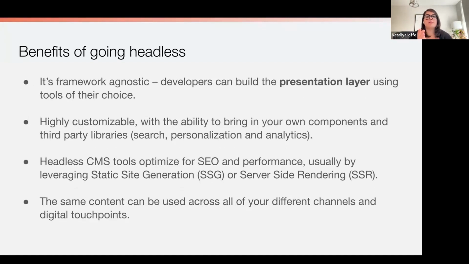You can bring in your own components. You're not tied to what a certain platform, like WordPress or whatnot, requires of you. And you can bring in a bunch of third-party libraries for a lot of various features. The headless CMS tools are super optimized for SEO and performance. And like the app we're building today, you can leverage static site generation, which just makes the app